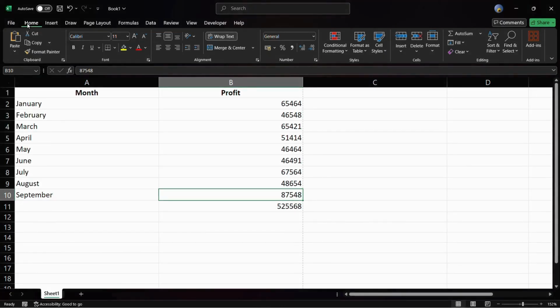How to insert and remove page breaks in MS Excel. So hey guys, in this tutorial I'm going to show you how you can easily add and remove any page breaks in MS Excel. So in order to start, the first thing that you will need to do is simply